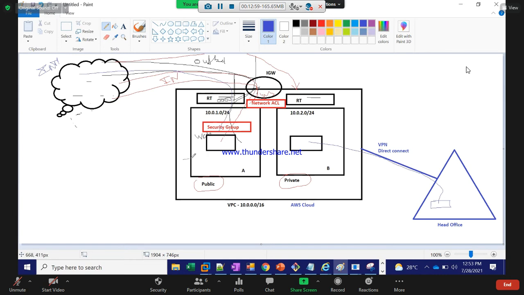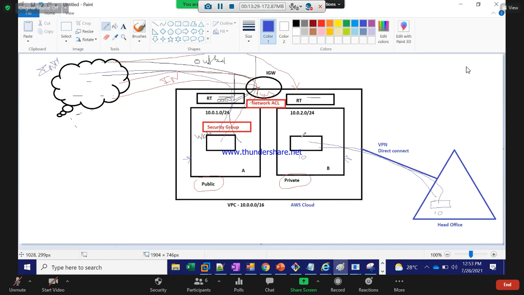We clearly define this is our public and this is our private. The private servers handle internal traffic, because this is also your trusted IP and this is also your trusted IP. They can talk to each other and share data, but not this one. That's the difference between public and private.